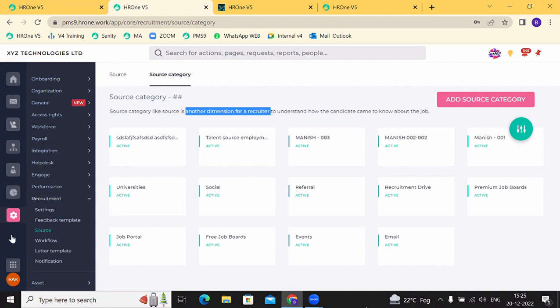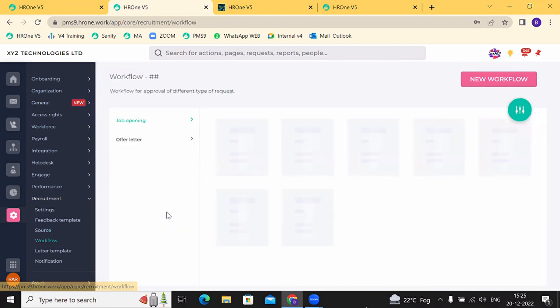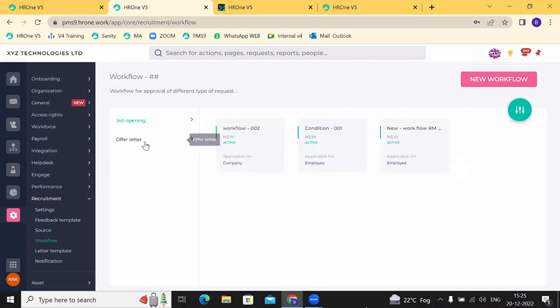Then we have workflow. There are a few workflows which you need to create. One is for the job opening, another is for the offer letter. Job opening means when a person is requesting a job opening. Like if I'm a team lead or a HOD of a department, I analyze that I need one person in my team, so I'm raising a job opening. Then to whom will it be sent for approval? मेरे reporting manager के पास जाएंगे या फिर HR के पास जाएगा, कहाँ जाएगा वो request,